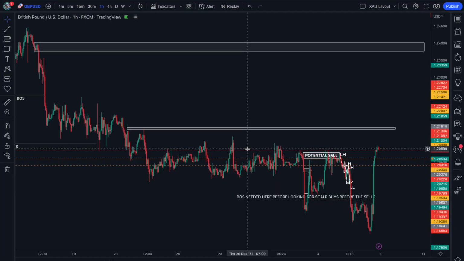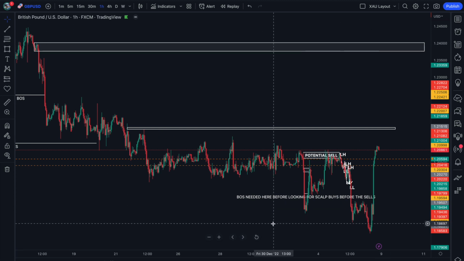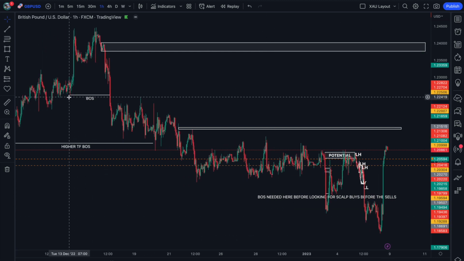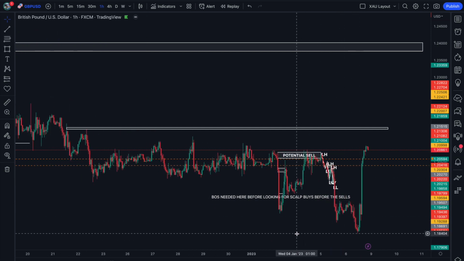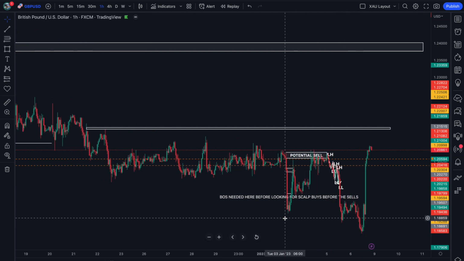Quickly moving over to the Great British Pound to the US dollar market, we've seen bearish impulse taking us lower. Perfect. We've broken structure on the lower time frames and the higher time frames. We are now seeing price put in a corrective wave. Price needs to put in these corrective waves to pick up more supply in order to continue pushing the market lower. So that's what we are seeing here.